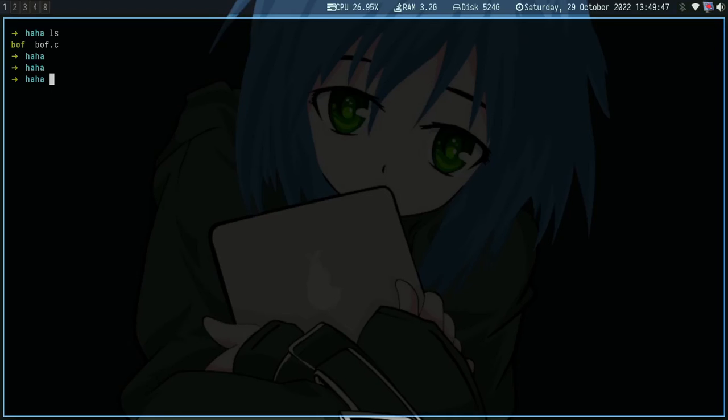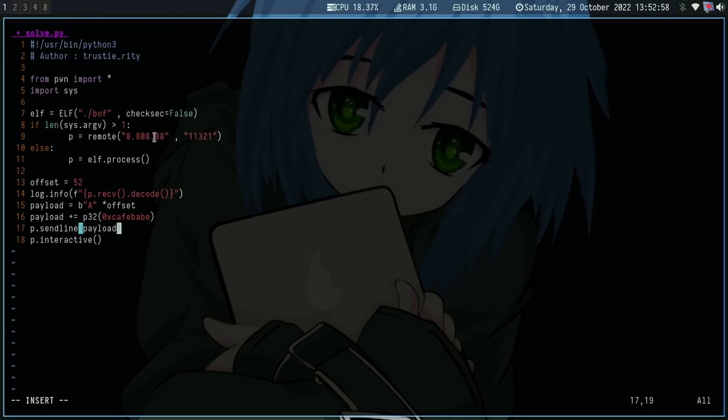The next thing to do, because we know the logic of this binary, is to write a simple script for it. What we first did here is import the pwn library, and then we imported the sys library. This will help us manage the argument values as we run the script. We are initializing a new ELF value here, and then setting checksec to false so it won't be noisy.